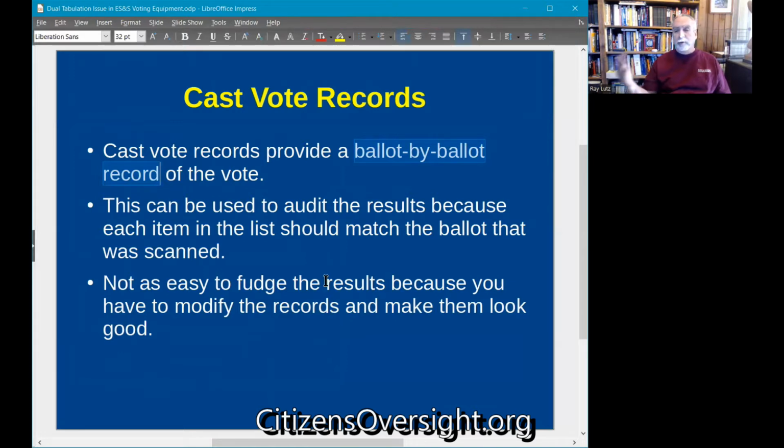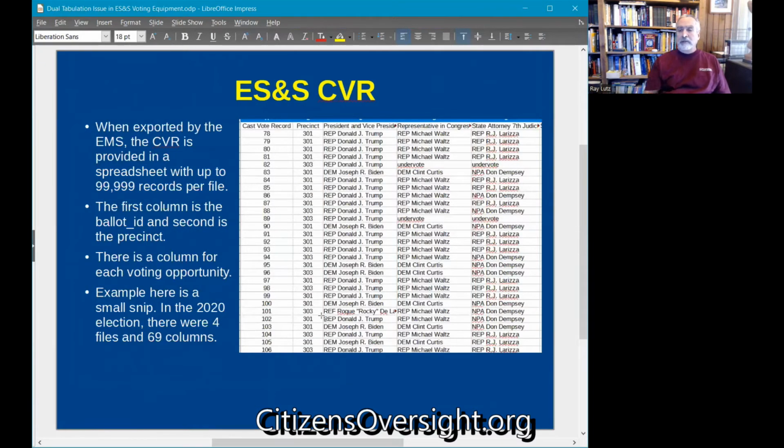The other one, you just change the value. You just say, well, instead of 46, I'm going to make it 1,046. And in the other one, I'm going to reduce it by a certain amount, and no one could really track that down. But here, you'd actually have to go into the records and modify each one. So it is harder. The cast vote record in ES&S is exported from the